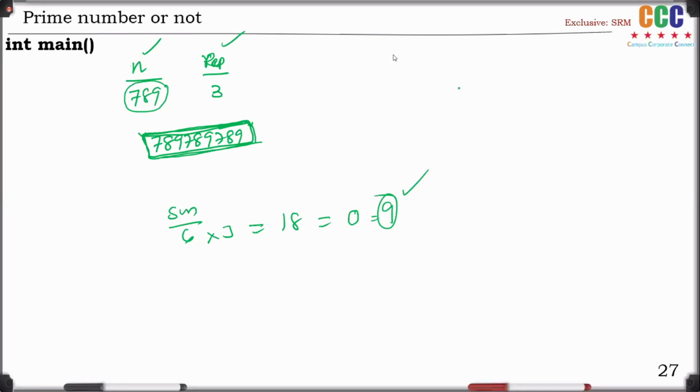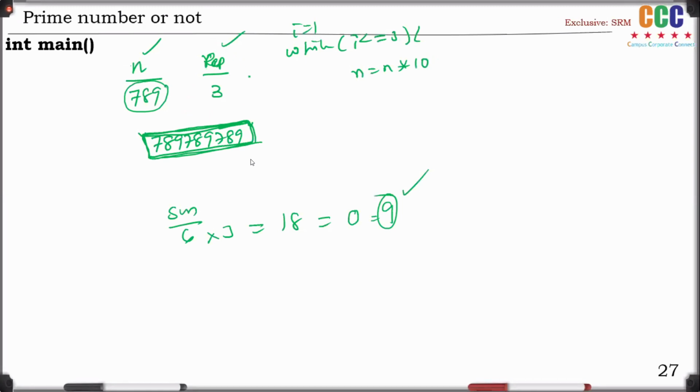Therefore, many students told that, okay, 789 is there. How can we form 789 repeated 3 times? They run a loop like while i is equal to, initially 1 is there, i less than or equal to 3. Then do this: n is equal to n into 10. Okay, it's a 3-digit number, right?